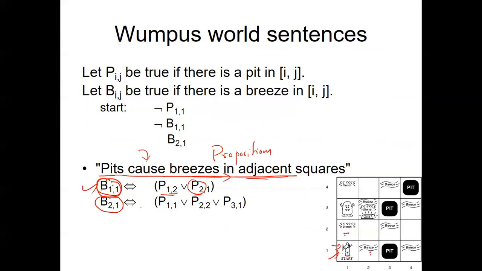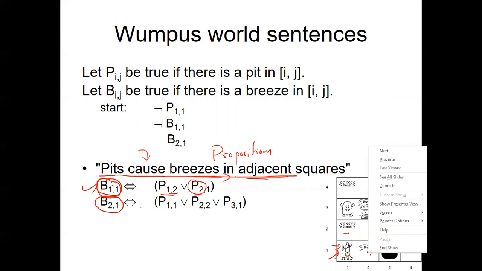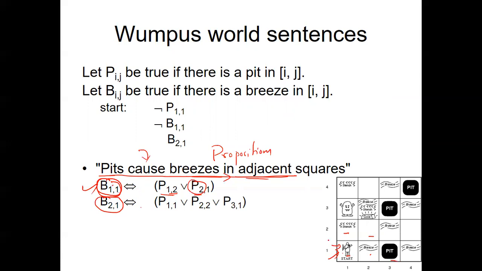What else? If there is breeze in 2,1, the pit can be either in 1,1 or 2,2 or 3,1. Similarly, these are just rules. If there is breeze in 3,1, then what does it mean? Here, if there is breeze, then the pit can be either here, here, or here. Which is nothing but the pit can be either in 2,1